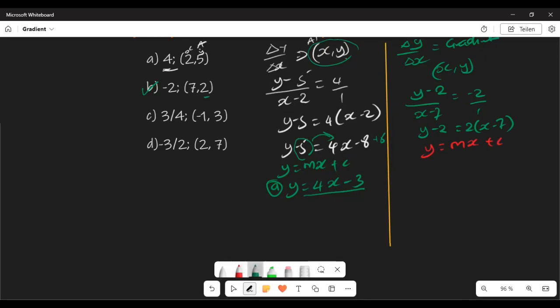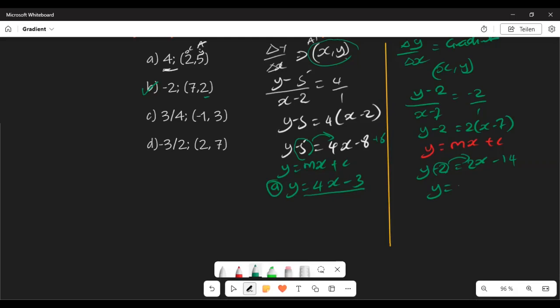That's the main goal that we want to achieve. So here we're going to have y minus 2 equals minus 2x plus 14. So this minus 2 should cross over so that we have y equals